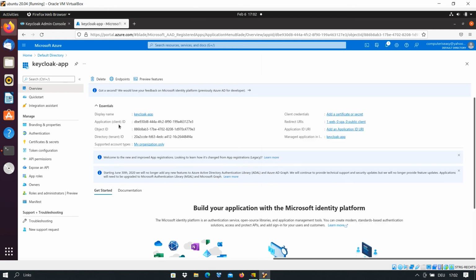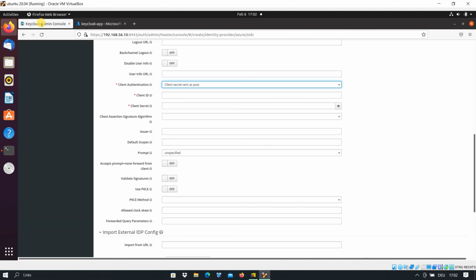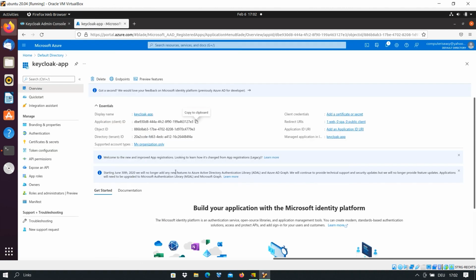Here you see that after creating the application, we get a client ID here. So we just simply copy it. We go back to Keycloak and it will be our client ID. I paste it here, and we need a client secret also. Again, we go back to the Azure. We don't have by default any client secret, and we have to